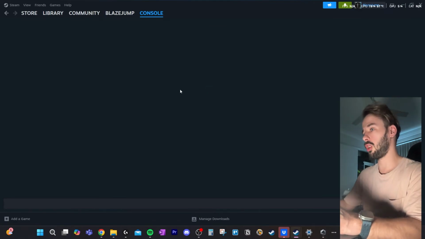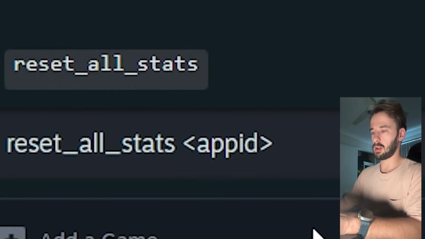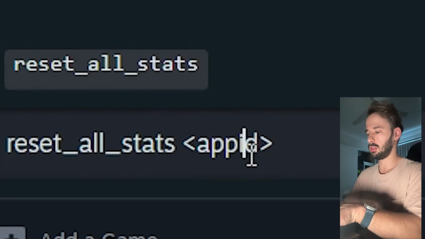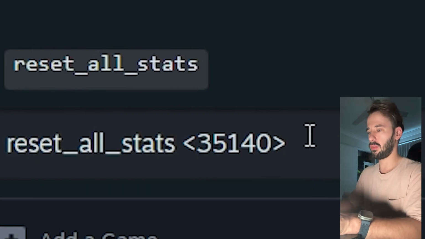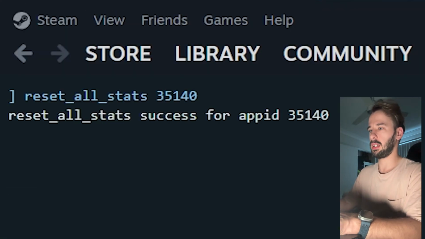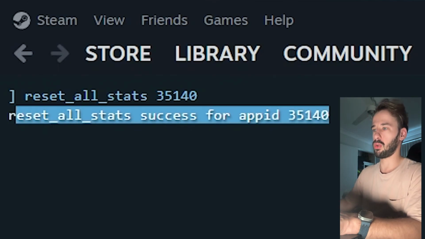A new console will open up within Steam, and we want to write reset_all_stats app ID. In your app ID, paste that app ID game number. So I will paste it in. For me, it's 35140, and take away the brackets. And once you say enter, it will say reset all stats for app